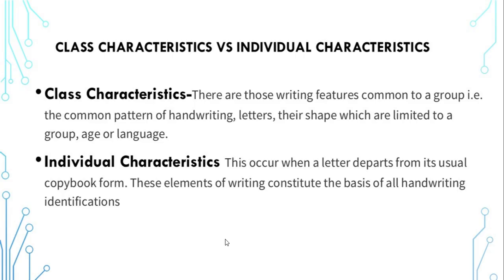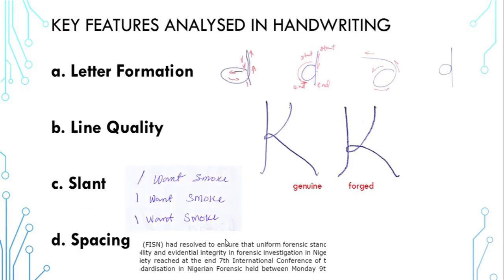But immediately after we have mastered the art of writing, we begin to deviate from the default. The level of deviation that an individual has is what makes his handwriting different from others. So the elements of writing constitute the basis of all handwriting identifications. For example, if you look at the screen,